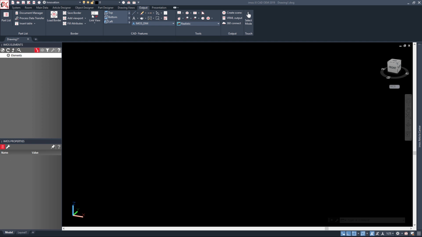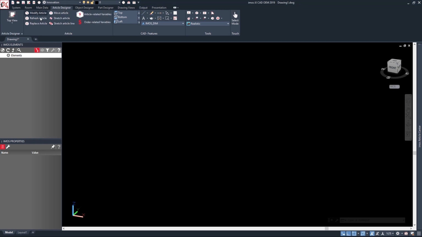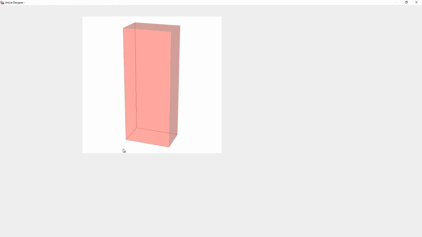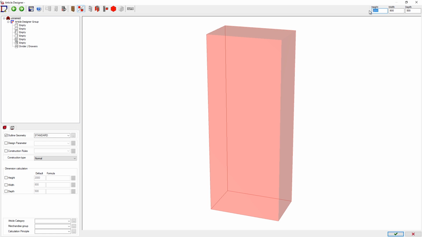Today we are going to use imos CAD/CAM iX 2019, the latest version, to create a retail point-of-sale unit. This is going to be totally bespoke from scratch, and I'm going to talk you through the steps taken to create this. So if I go to Article Designer, I can quickly create my first product by specifying the height,